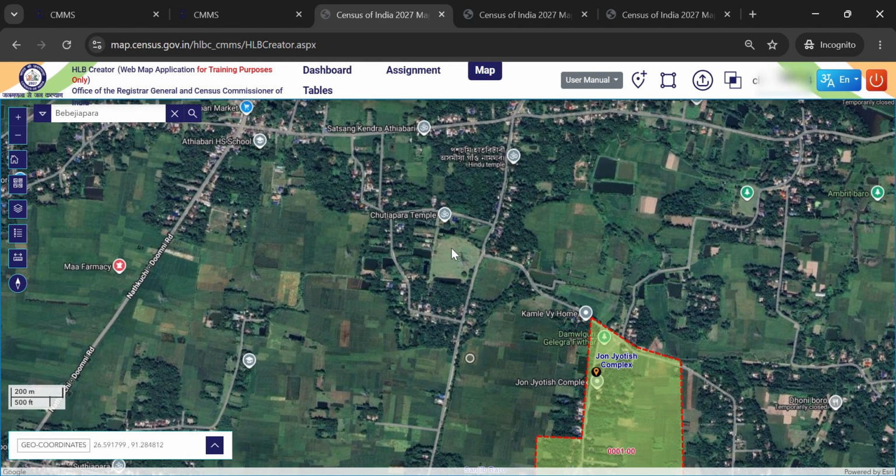One thing I have already mentioned in my previous video also, that the table work of HLB and estimated population and number of HLBs that we need to do prior to entering the data in this portal, right? Before the demarcation only we need to do the table work, because once the estimated population is fixed and when we freeze it, after that only we can open this HLBC portal.